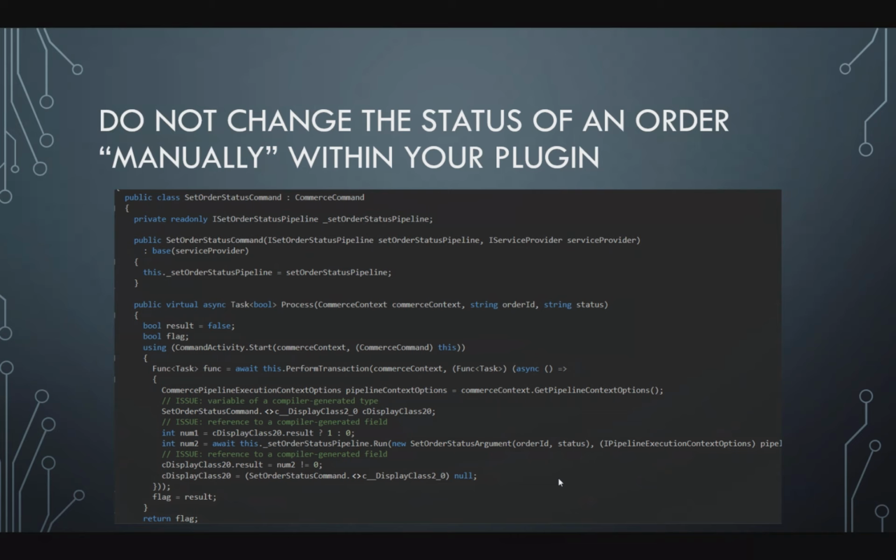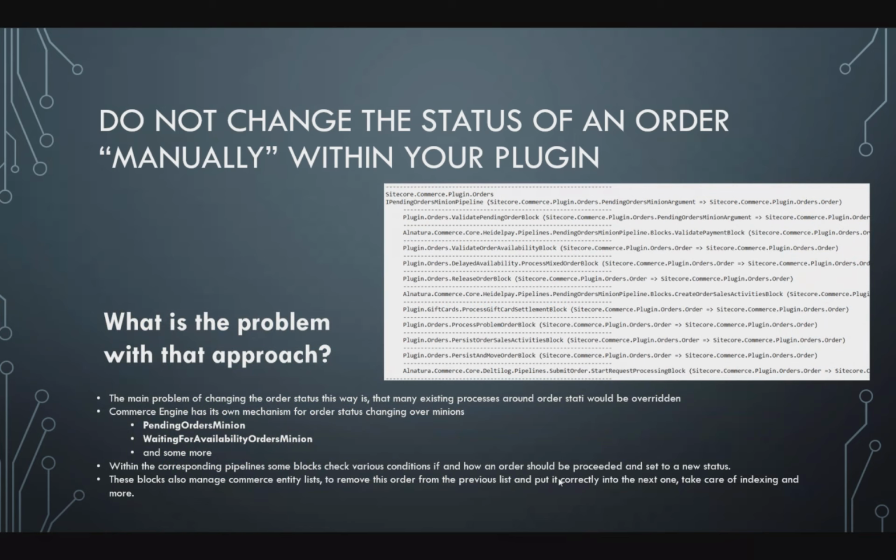But now the drawback starts. What is the problem with that approach? The problem is Sitecore itself has a very powerful order transition functionality in the background. Especially for orders, Sitecore has entity lists, like you know from earlier, and it has minions, like you can see here, the pending order minion. We have a corresponding pipeline for that minion, which is executed for each order. And within that pipeline, we have a very powerful mechanism of checking: is the order valid, is it in the right state,